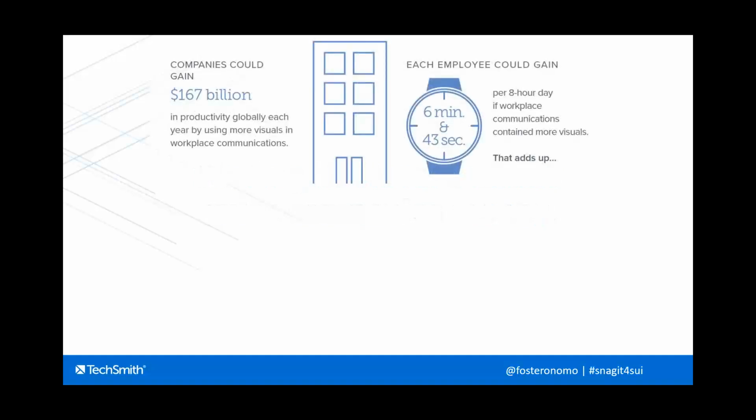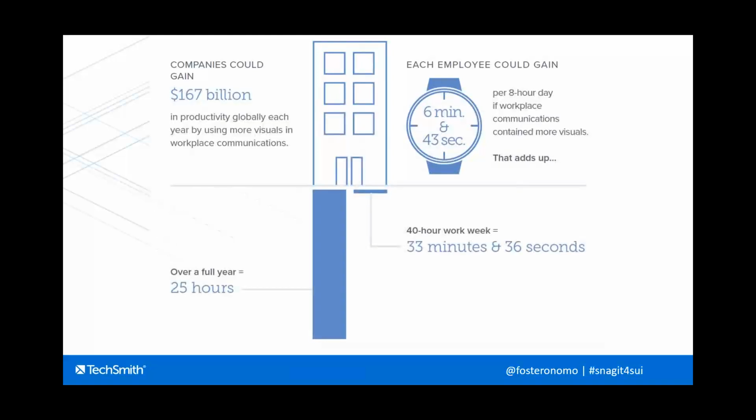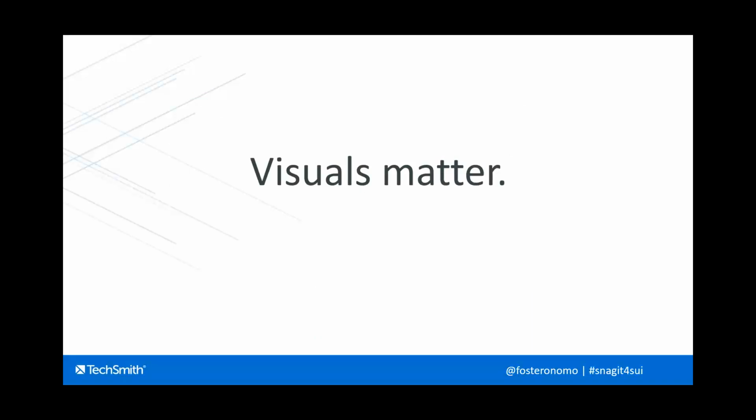When you look at workplace communication, which was the focus of this study, the idea was: if you could save people this many minutes in a week, which was on average about 33 minutes a week, that equals about 25 hours in a year, and that would be like adding a number of employees to your company every year. So it really does have economic outcomes, to be able to save that time and